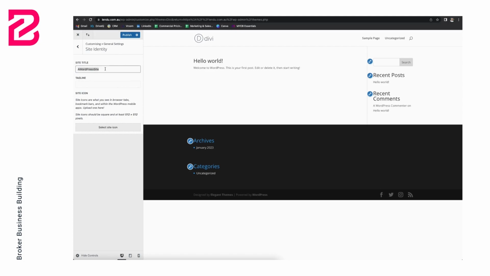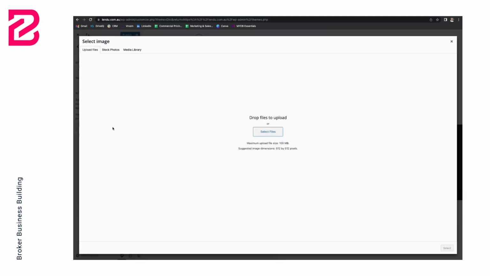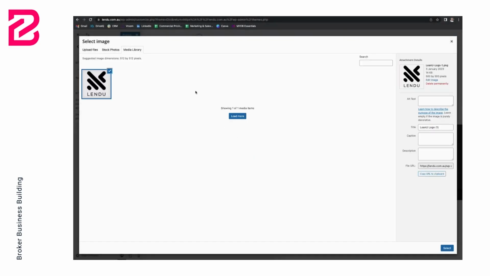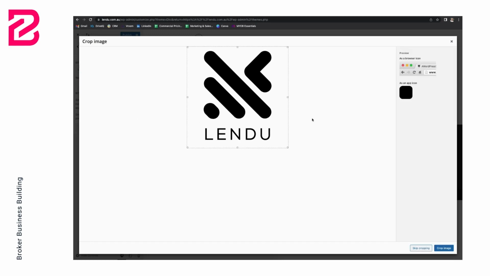In terms of site identity, you just want to give the site a title and a tagline. And then we can upload an image for our icon. Just going to use our logo in a PNG format, so it's got a clear background again. And just down the bottom right hand corner, select, and you'll see a sample of it there in the top right hand corner of what the icon will look like in the browser bar,